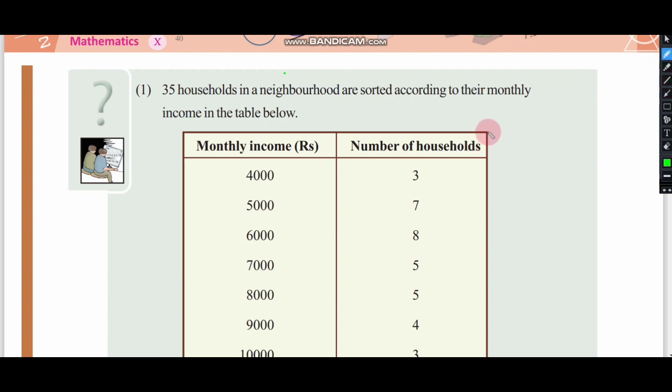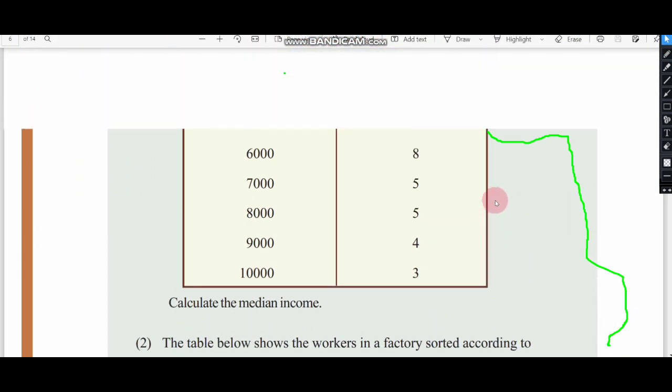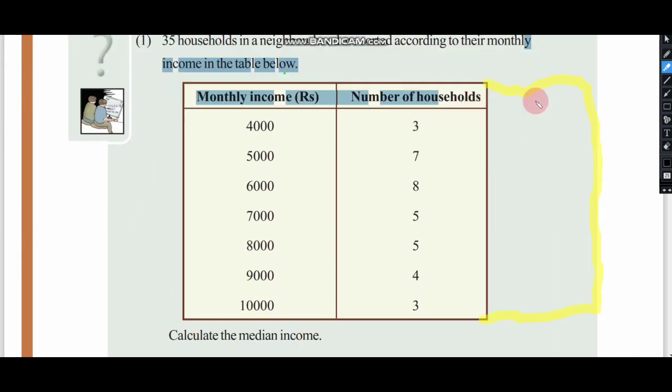Cumulative means just add up the frequencies together. That is what we call cumulative frequency. We just write CF for cumulative frequency. So we need to add one more column here, that is CF. We are going to find out the cumulative frequency table, and for that we just add up the frequencies one by one.